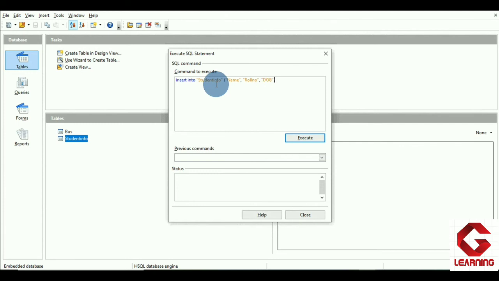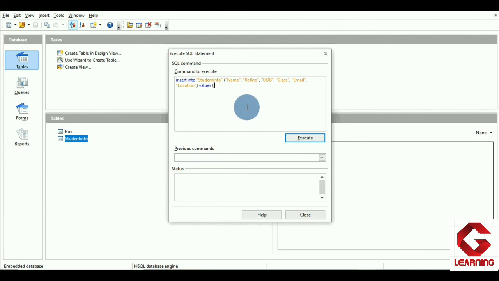for date of birth, next is class, thereafter email, and the last one is location. So as I have values for these columns, that's why I have mentioned those columns here in the insert command, and thereafter VALUES, and now a small bracket opening, and now I will provide the value for each column that I mentioned just now in this small bracket.